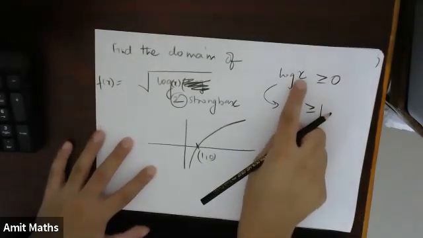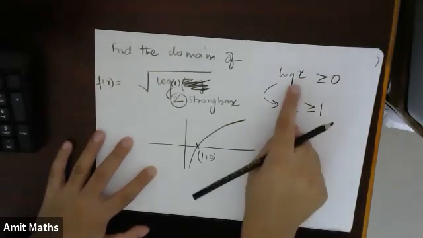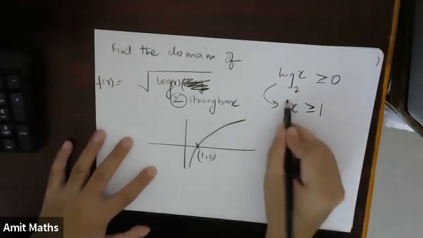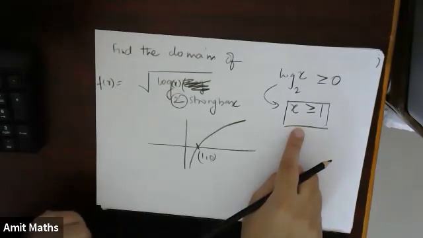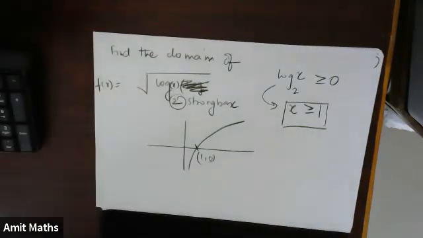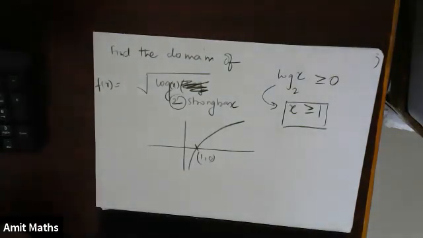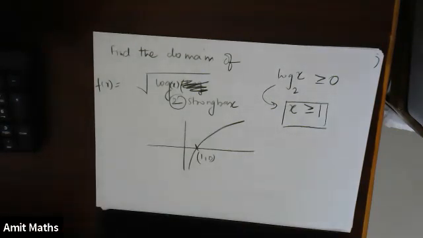If x is equal to 1, log 1 is 0. Log of anything more than 1 will be greater than 0. So for this one, the domain of the function will be x greater than or equal to 1. This is okay, fine. So we have seen that using the wavy curve, we can find the domain even for logarithmic functions, which we did in the last class, and for exponential functions, which we did today. For different kinds of functions we can find the domain this way.